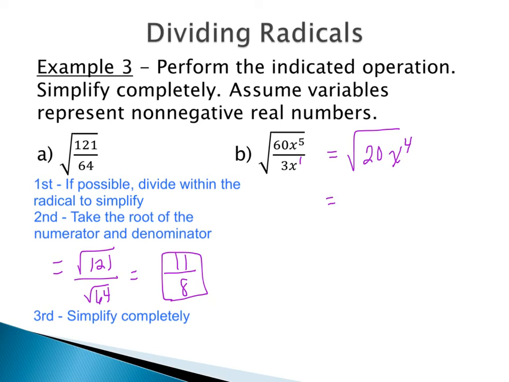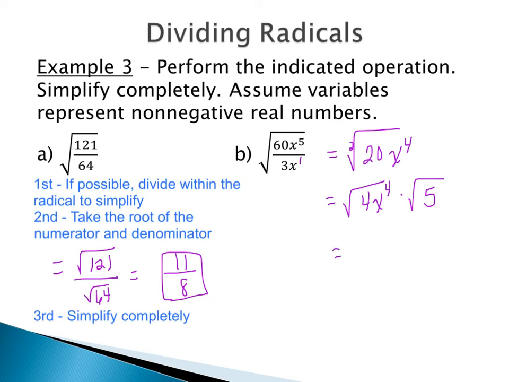So 20, our largest perfect square factor of 20 is 4. And then 4 times 5 would get us to 20. So for 20, I have the square root of 4 times the square root of 5. But then that x to the 4th, we need to determine where that's going to go. Well, again, remember we have that little 2 hanging out here. And we would say, can 2 go into 4 evenly? It can, so that way we are just left with an x squared after we take the square root of it. So for right now, I'm going to put the x to the 4th in the perfect square radical with the 4 to illustrate that we are going to be able to take the square root.